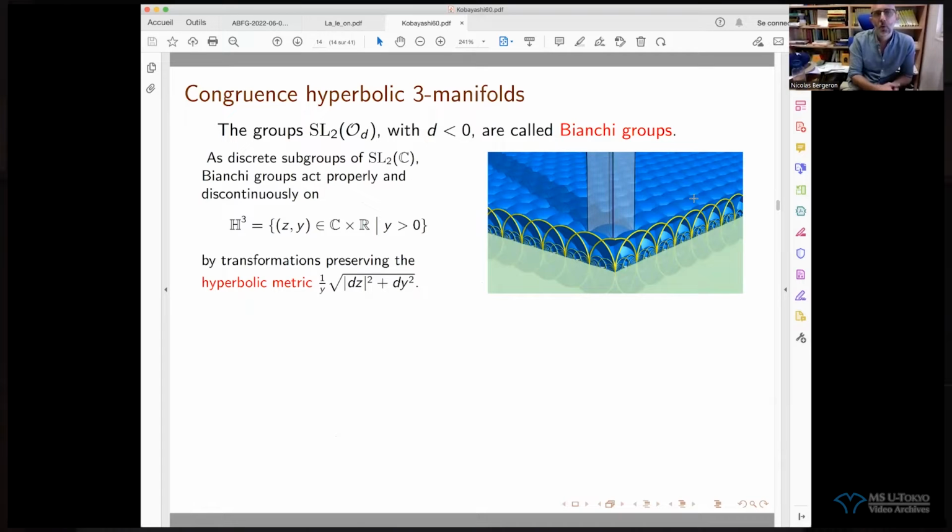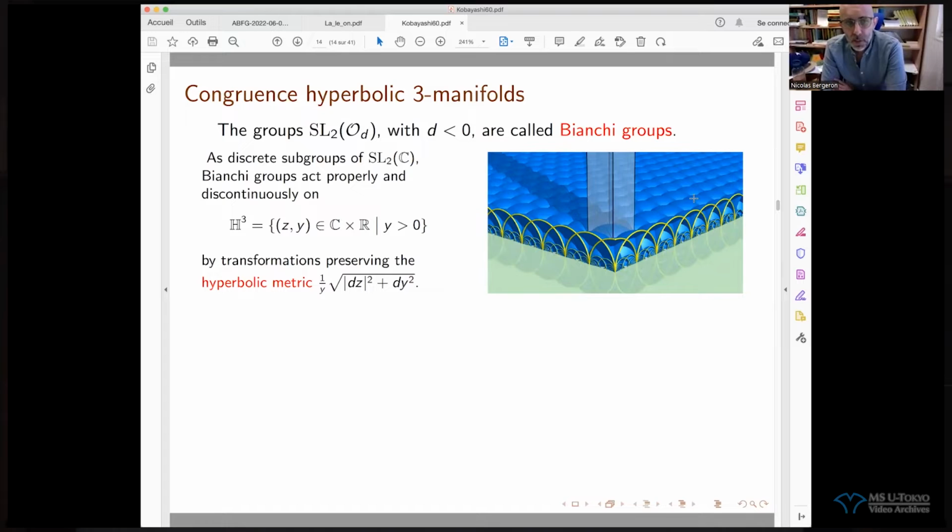The groups we were considering are subgroups of SL2 of O_D, because the ring was O_D, where D is negative. These groups are called Bianchi groups, and they are discrete subgroups of SL2(C). And as such, they act on the symmetric space associated to SL2(C), which is the hyperbolic 3-space. So the analog of the fundamental domain of the modular group on the Poincare upper half plane is the picture here,